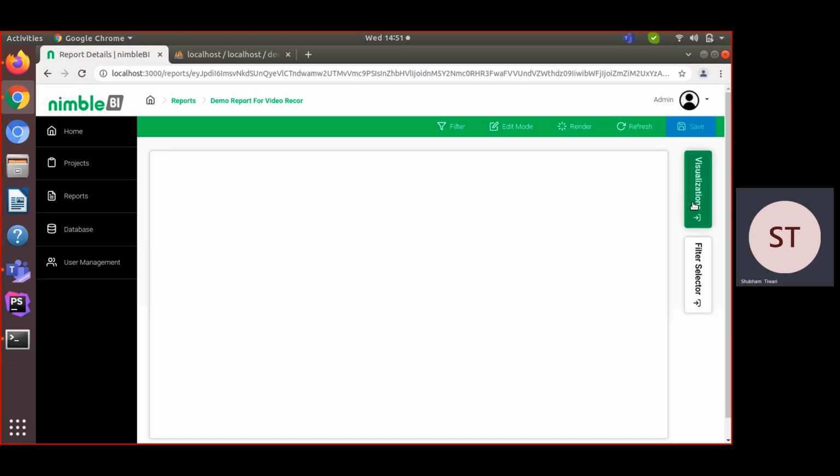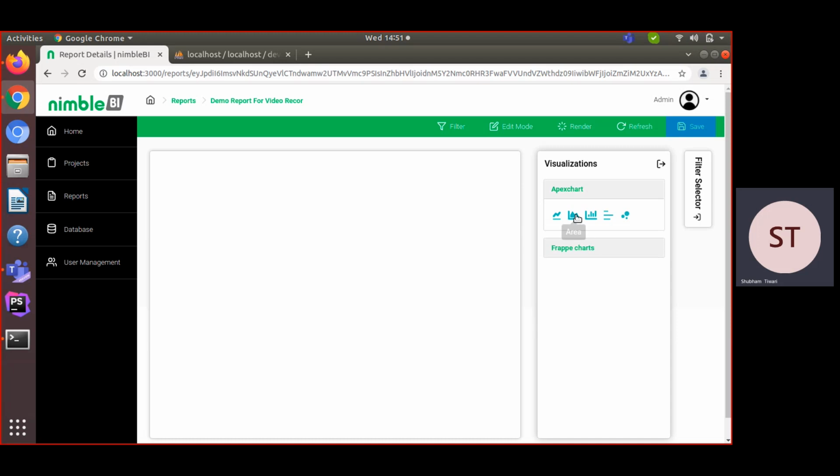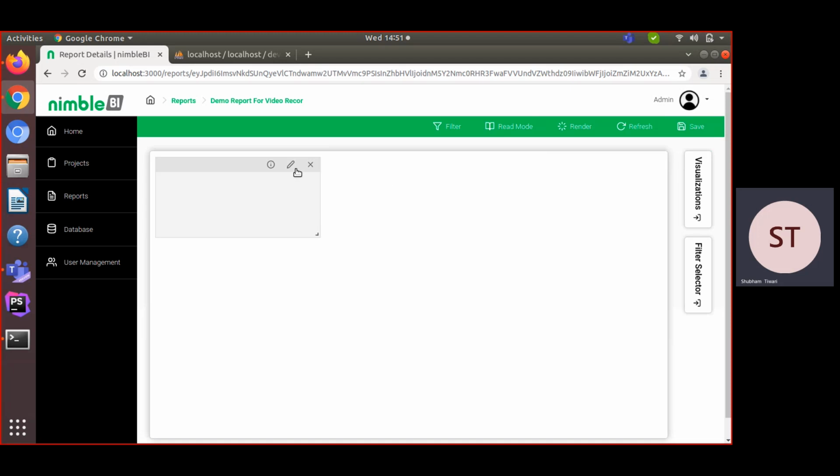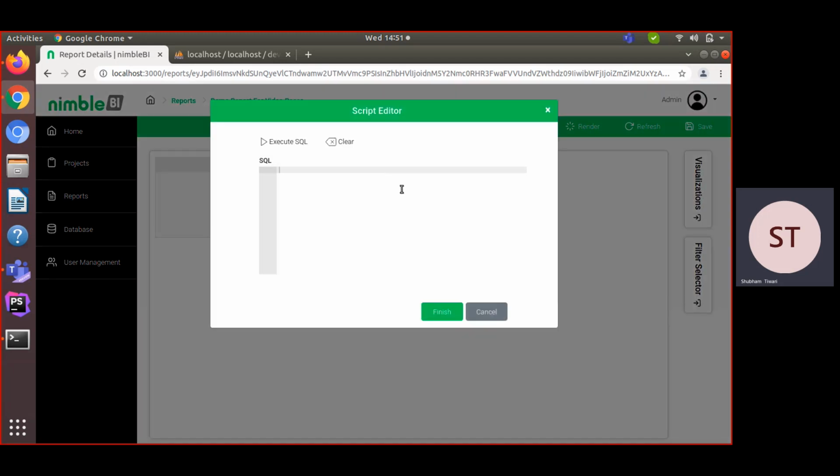Now I'm using the second one, area. Oh, our edit mode is not enabled, so first you have to enable it. Now click on area, and again you have to open the query pop-up.